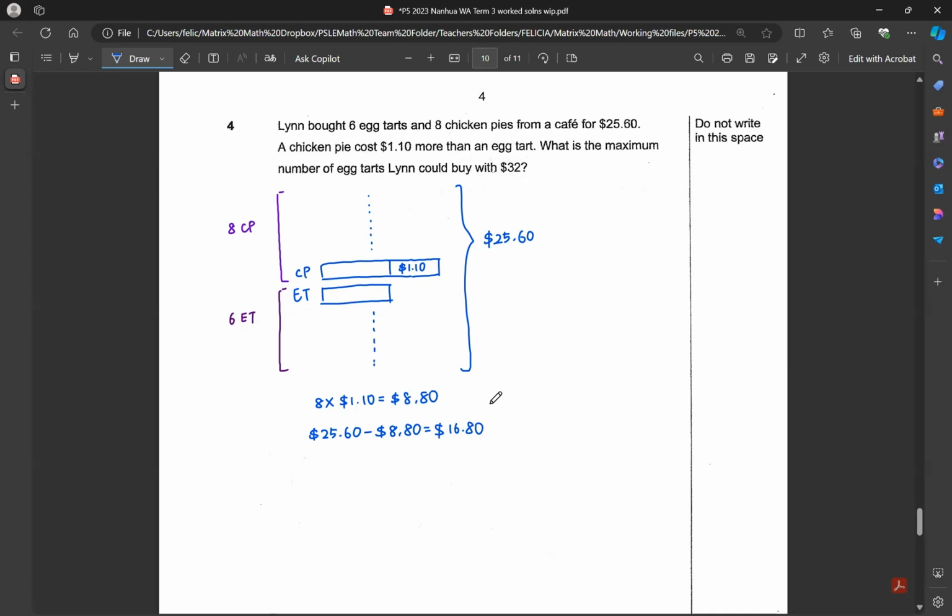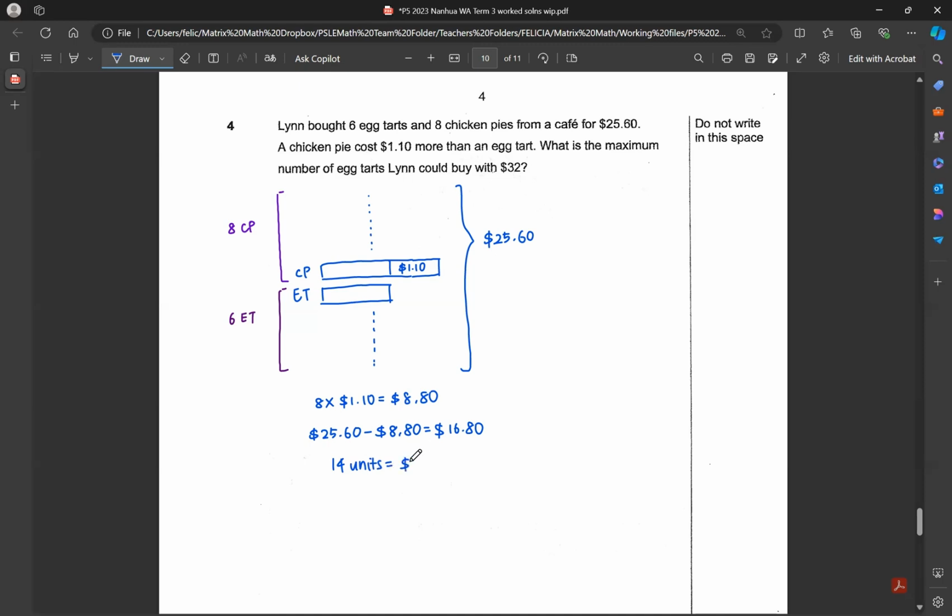Okay, so the $16.80, we need to ask ourselves how many units this is for now that I've taken away $8.80 from the $25.60. This new total of $16.80 is for the remaining units on the left-hand side here. So how many units will there be? Remember there are 8 chicken pies, so there are 8 units for chicken pies. There are 6 egg tarts, so there are 6 units for the egg tarts, which also means throughout this whole stretch, there are actually 14 units, 8 plus 6. So 14 units